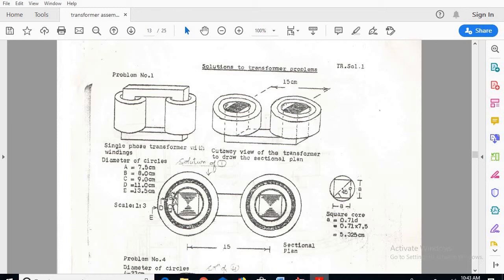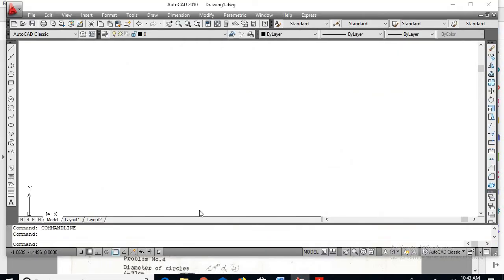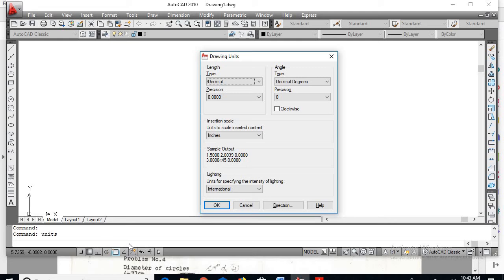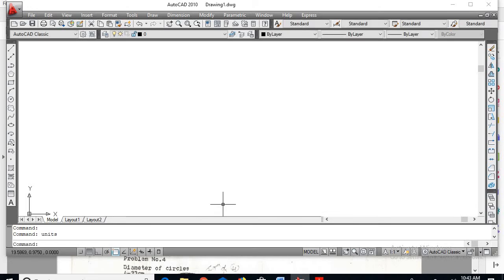Now let us go for the CAD tool. Since the data is given in centimeters, go for units, enter. Here go for centimeters, say OK. Next go for limits.